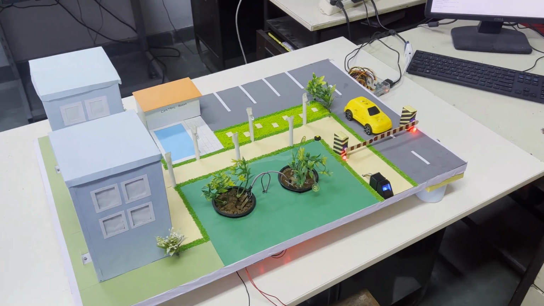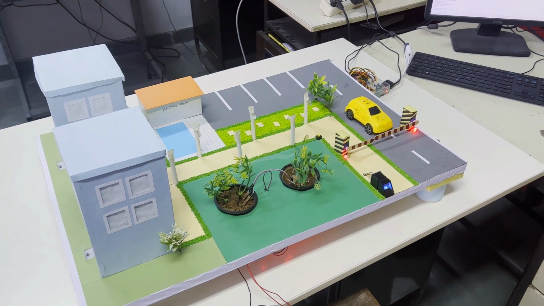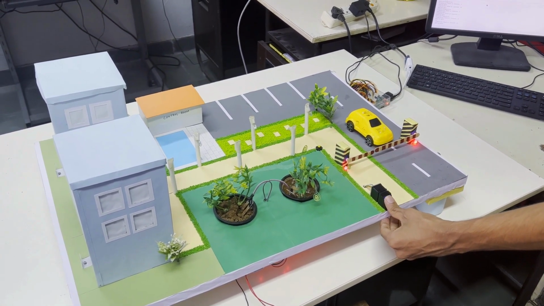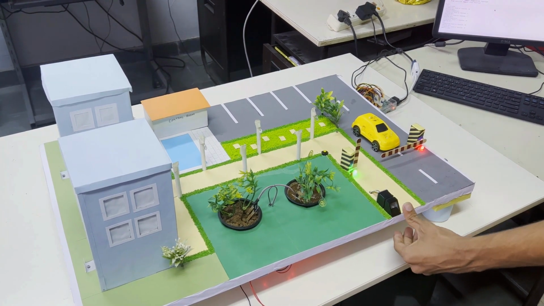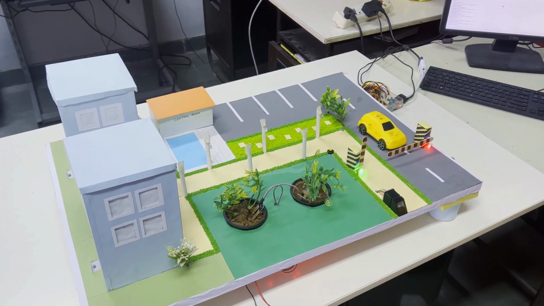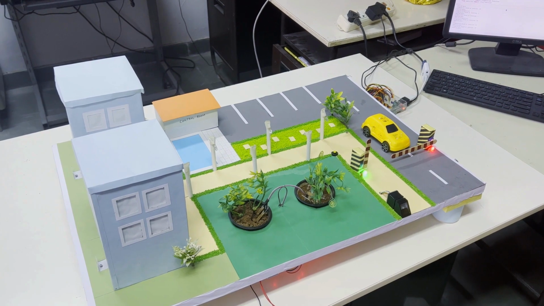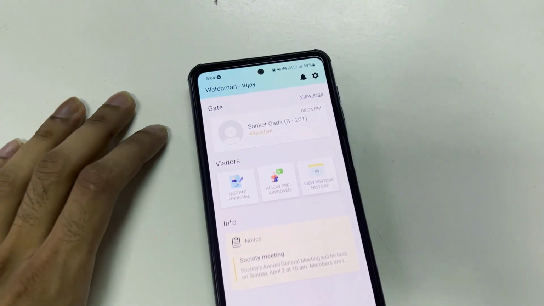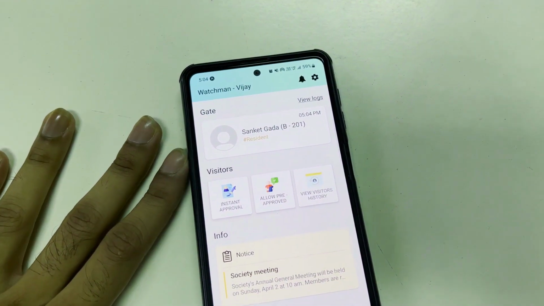As you saw earlier, the gate did not open, but now Sanket is registered. Now he'll place his finger again. You can see the gate open. And in the watchman interface, it shows Sanket Gada entered.